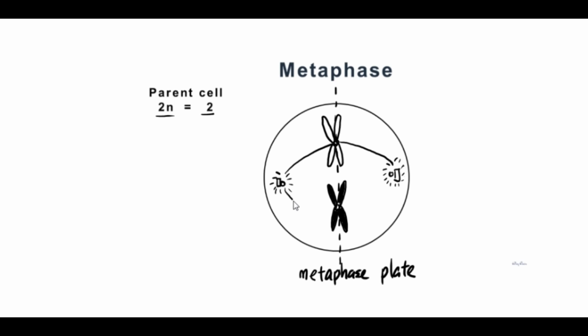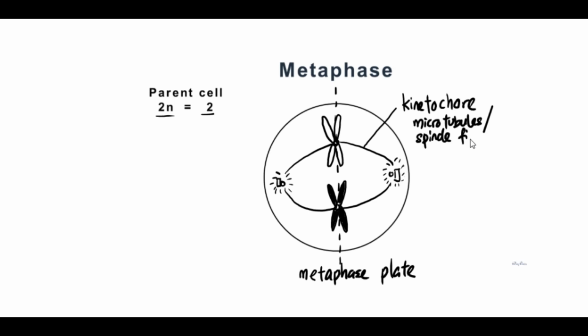Okay, so same goes to this one. The spindle fibers will elongate and then attach to the centromere. So one centromere will be attached to the spindle fibers from both poles of the cell. Okay, these are the spindle fibers. They have the name called kinetochore microtubules, because they will attach to the kinetochore at the centromere, or we can just use the general term spindle